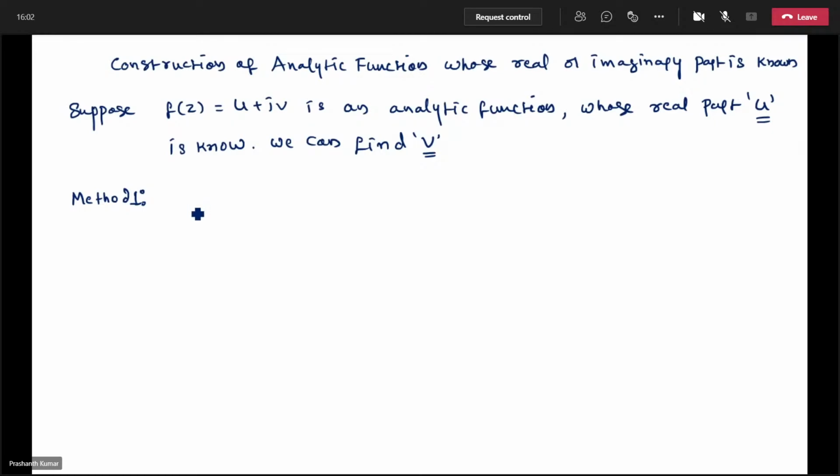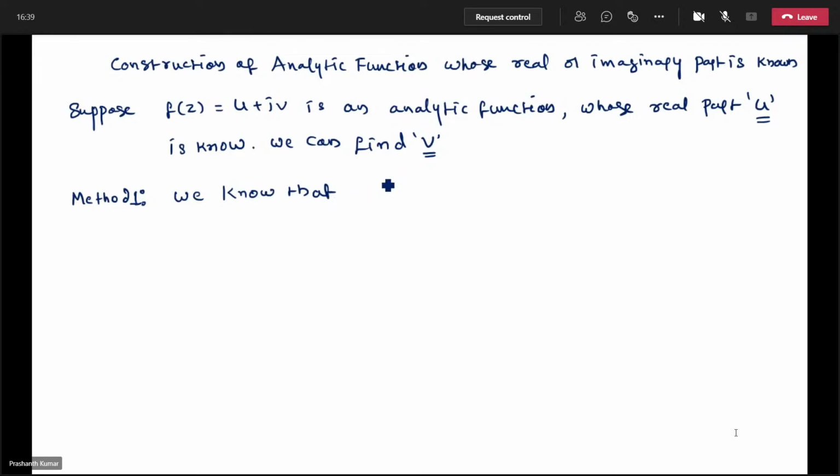In your first year, second semester, you have the ordinary differential equation, the exact differential equation. The same theory we use, and we find the solutions for this analytic function whose real part is known. Then we find the imaginary part. Okay. So here, what we consider first,